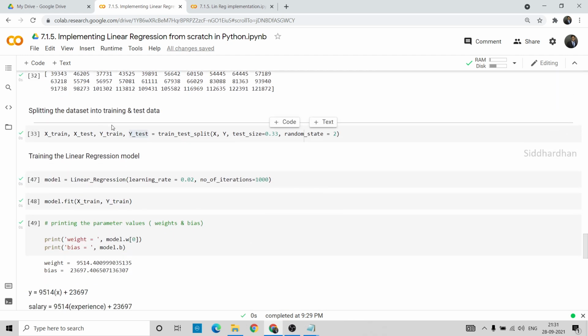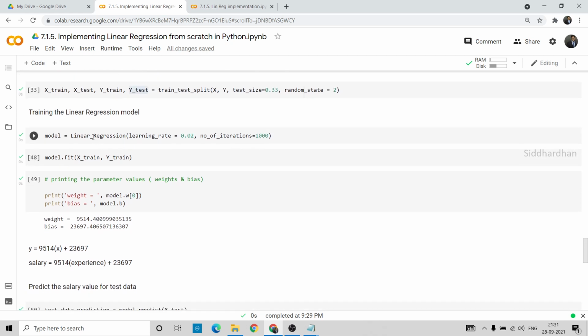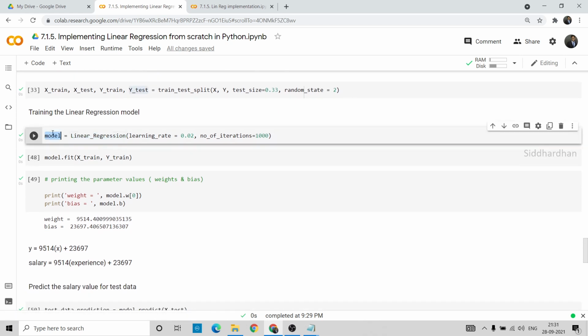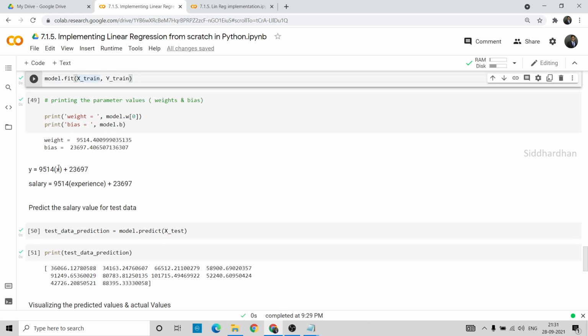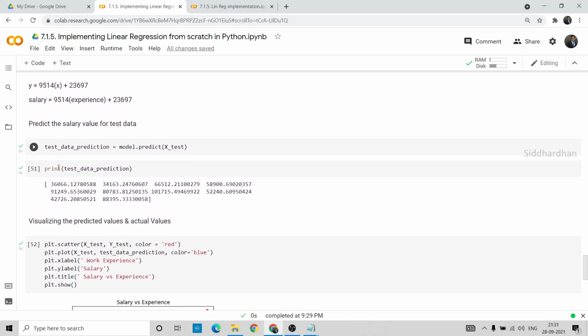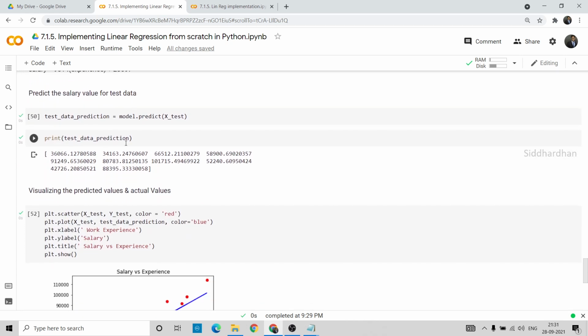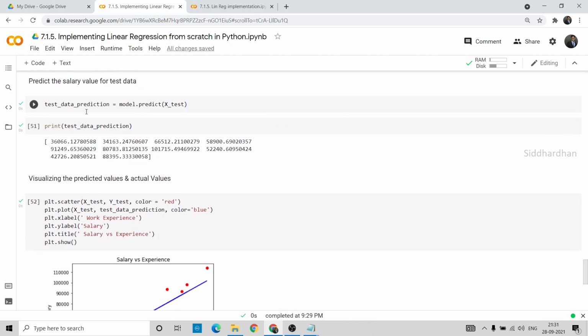And then the important step is that we split the dataset into training data and test data, and we have loaded this linear regression into the variable called model, and we have fitted the training data, which is X train and Y train, to this model, and we have checked the weight value and bias value and so on. And then we have finally predicted the value for salary given the value of years of experience using this